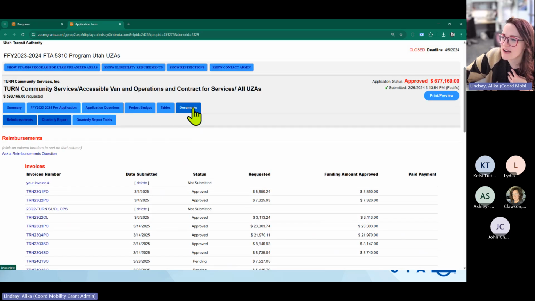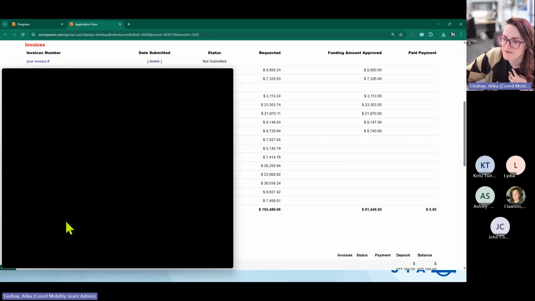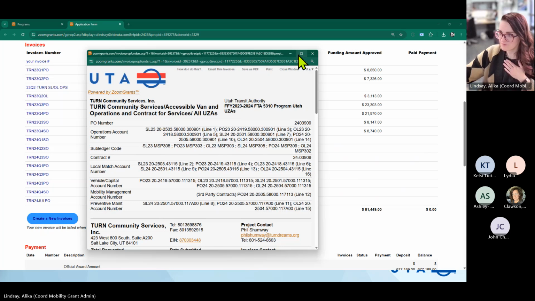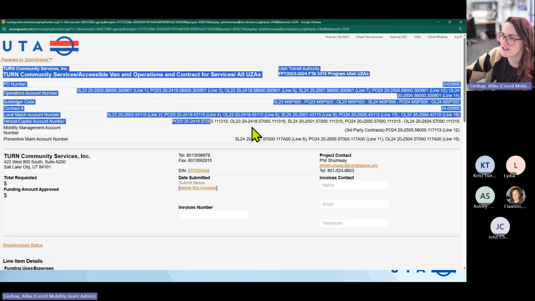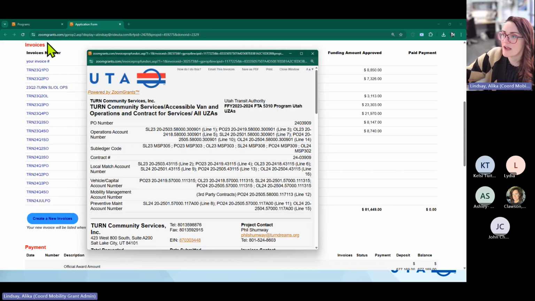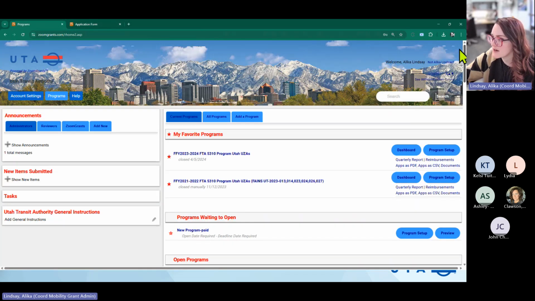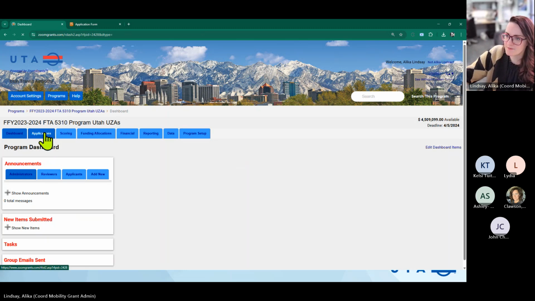And I thought you were able to see your internal management. Maybe you can't. I think it'll be on the invoice. So let's look. Yes. Okay, so when you create a new invoice, you'll see all this information at the top. We call this the internal management data. And the reason for that is, I'll show you my screen as an admin. When I go into your application,